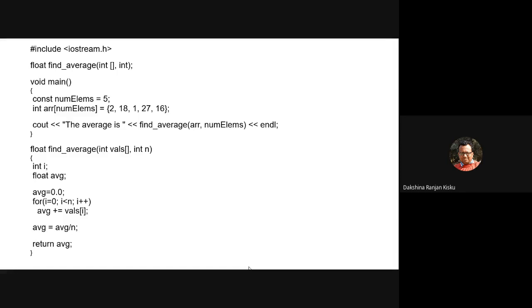Here we can call the function find_average. When we call the function find_average, we just write the array name. So AR is the array name, and elements is the number of elements present in the array.